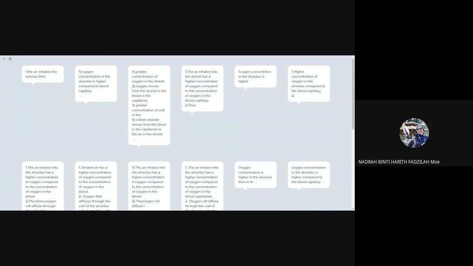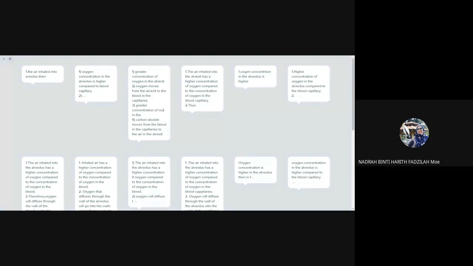Okay. Nampaknya ada perubahan pada statement pertama. Okay. So,